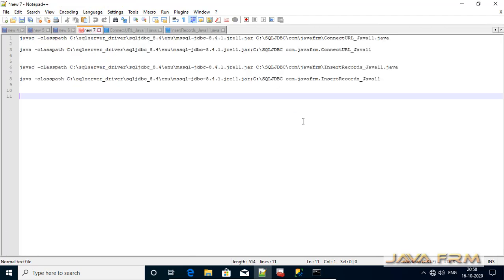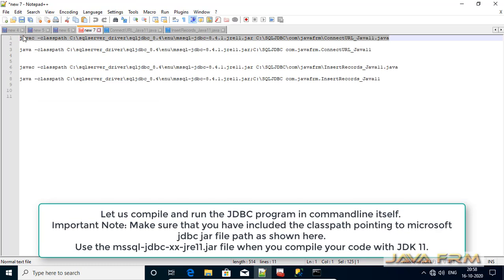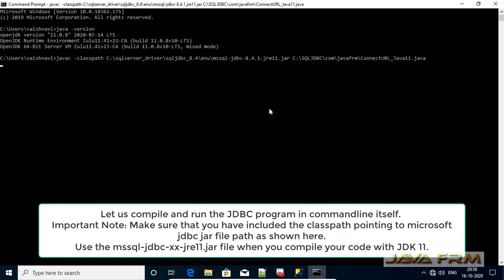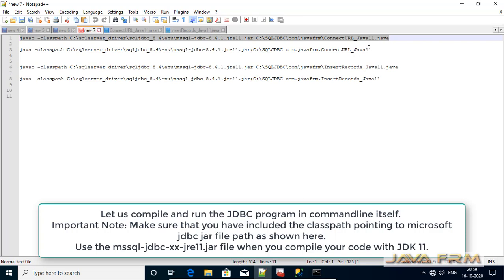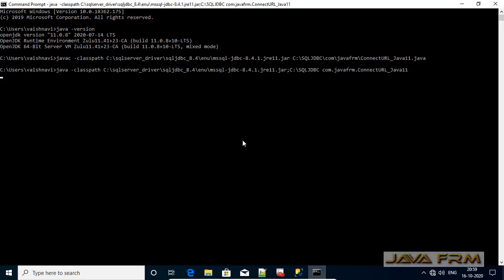Finally, make sure that the JDBC URL is correct for SQL Server 2019. Now let us compile and run the first JDBC program using Zulu OpenJDK 11. Yes, compilation is successful. Make sure that you have included the jre11.jar file in the class path as shown here while compiling and running.